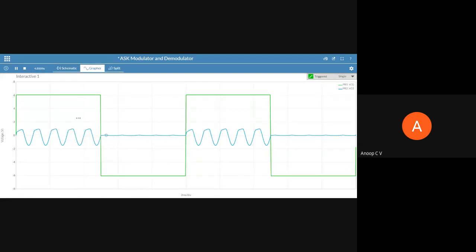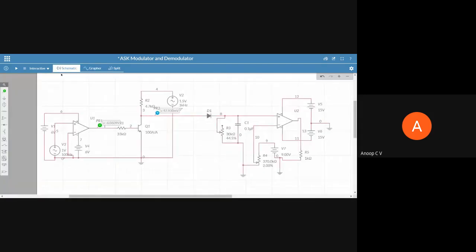In order to make sure that whenever it is positive we are getting output, we have used a PNP transistor. You can just think what will happen with an NPN transistor instead of a PNP transistor. You can just assume what would have happened if we had used an NPN transistor instead, right? So that is the modulator part, and the working is already explained in the video. Any doubt? Clear?